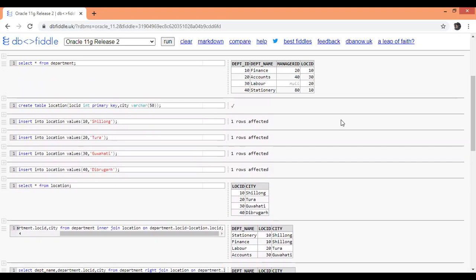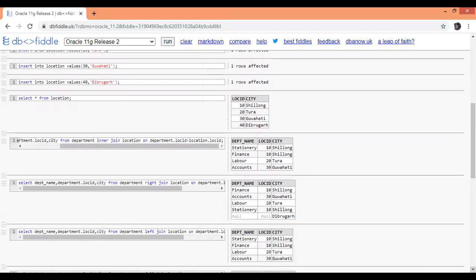Again we choose department name, then department dot location ID, and city: Shillong, Tura, Guwahati, Dibrugarh. So all will be displayed, but for Dibrugarh, nothing will come. There is finance 10 Shillong, accounts 30 Guwahati, labor 20 Tura, stationery 10 Shillong, and null for Dibrugarh, because it has not been assigned, it's an extra. So this is the right join.